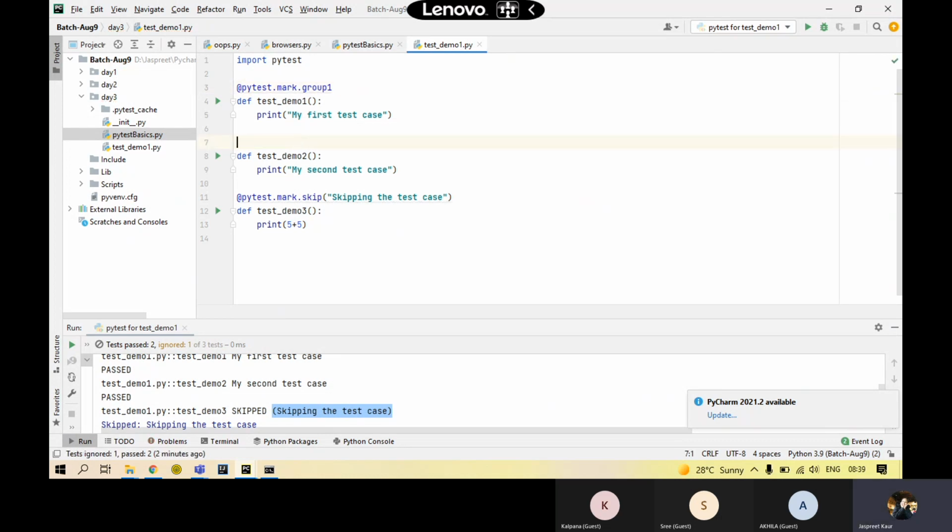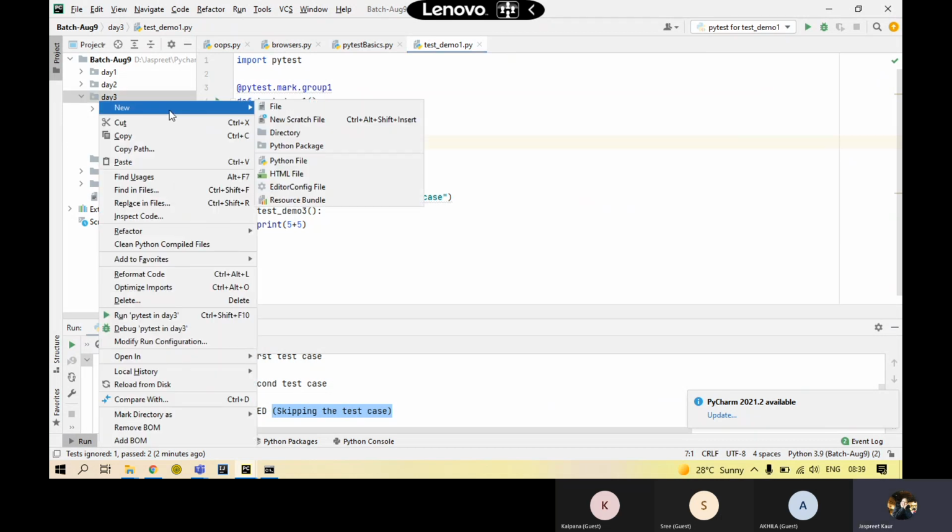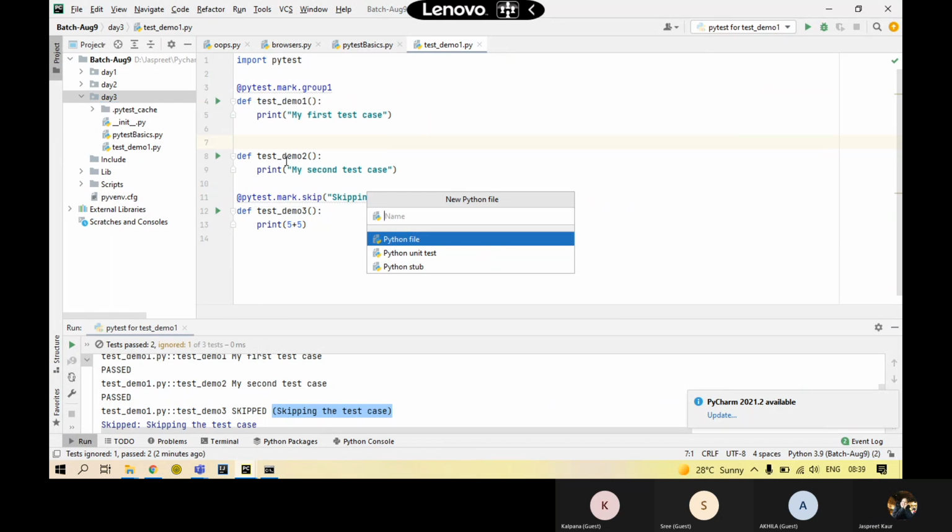What we are going to emphasize more on is the parameterizing and the assert keyword. They are the most useful ones in the case of PyTest. So I'll make one more test case, and I'll say test underscore parameterizing.